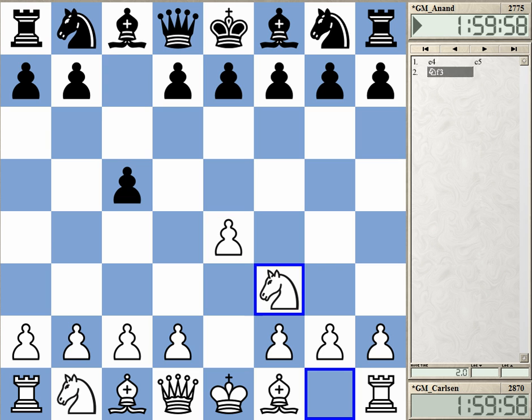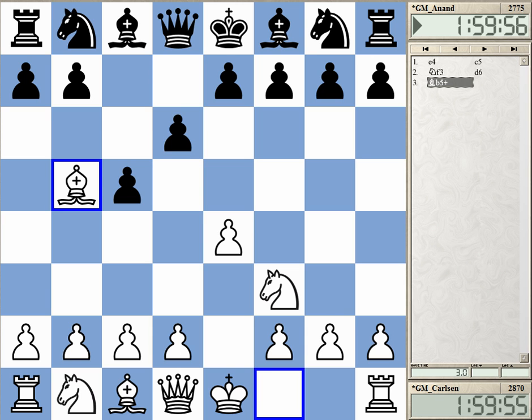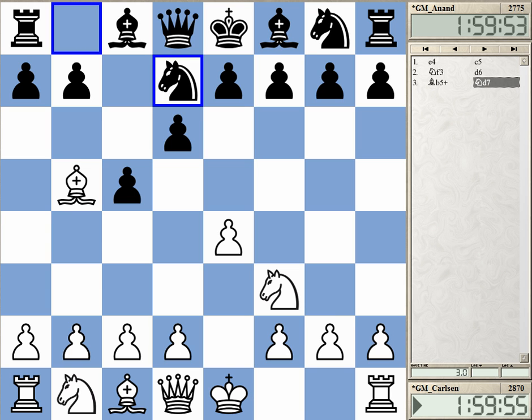And Anand is going for the Sicilian, probably aiming for knight off. And Carlsen is not going into that. He's playing bishop b5 check, the so-called Moscow variation. And here Anand has played both bishop d7 and knight d7. In this game he played knight d7, and in fact he had played this only